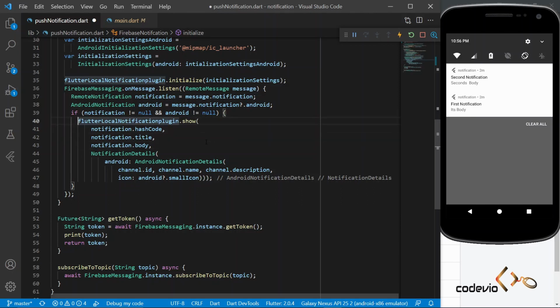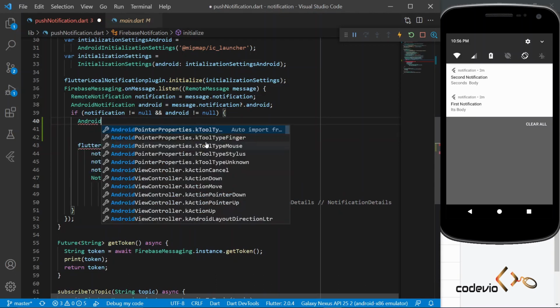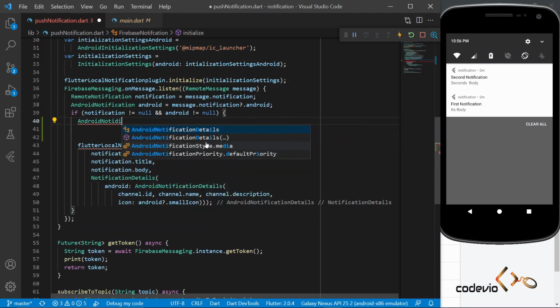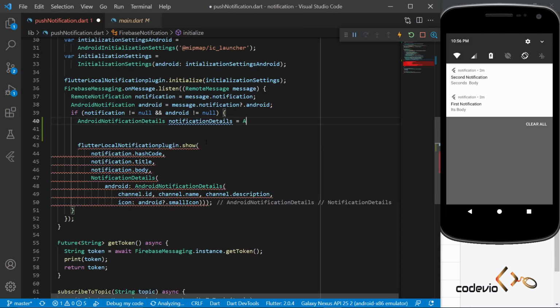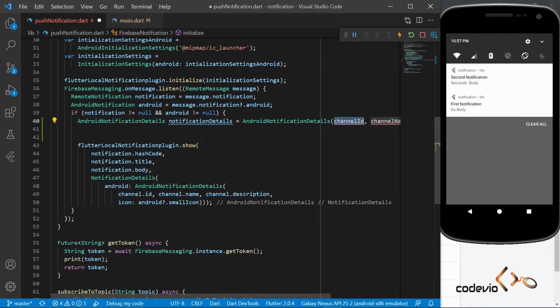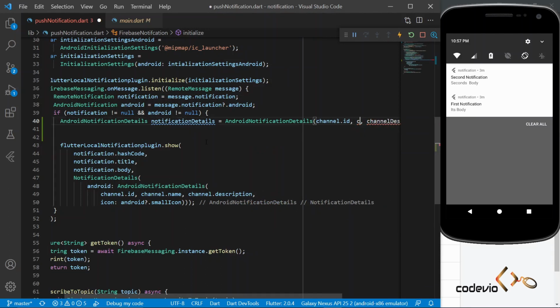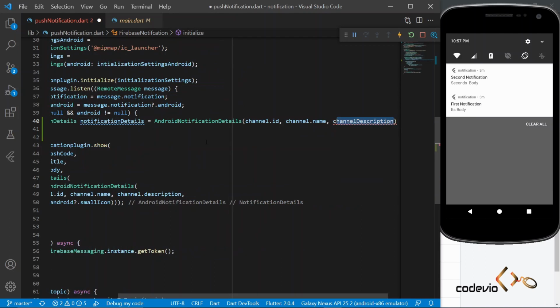For that, let me add a new variable, Android notification details, and this is the notification details that we will give. Then we will use its constructor, and we require a channel id. So we will give our channel id as channel.id, channel name as channel.name, and channel description as channel.description.